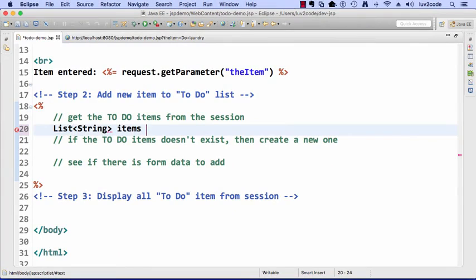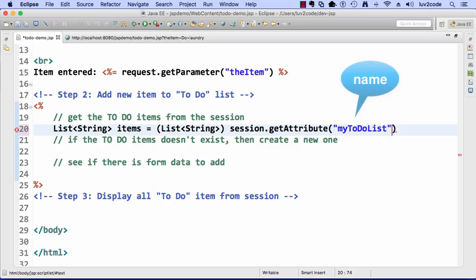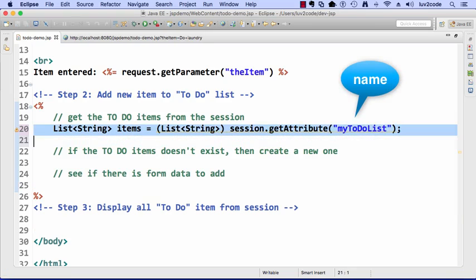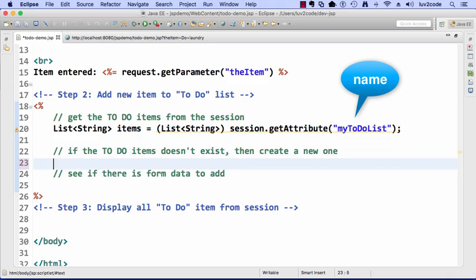The first thing I need to do here is get the items from the session. So I'll say List<String> items equals (List<String>), downcasting it. So we're going to have a list of type String, and we say session.getAttribute and we give the name. And here again, we can give any name as long as we're consistent. So for the name, I'll call it "myToDoList". So this will use that built-in session object, say getAttribute for a given name, myToDoList, and downcast it